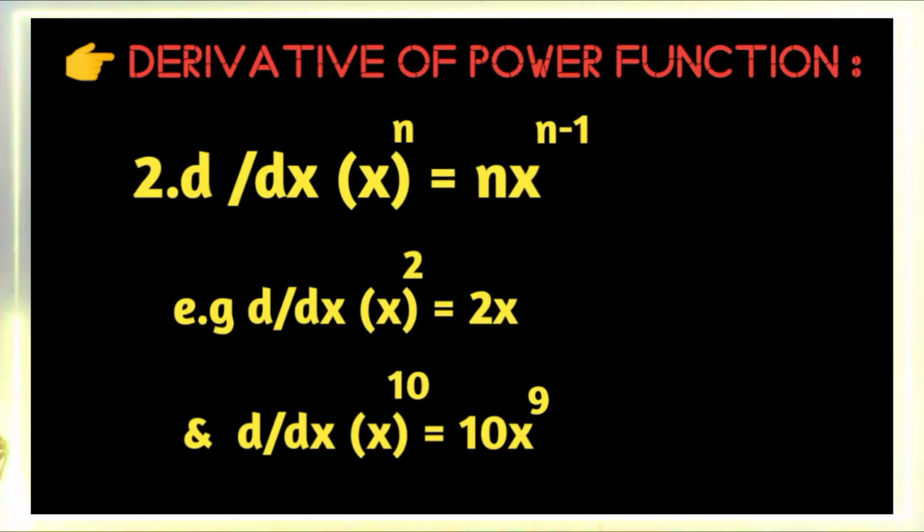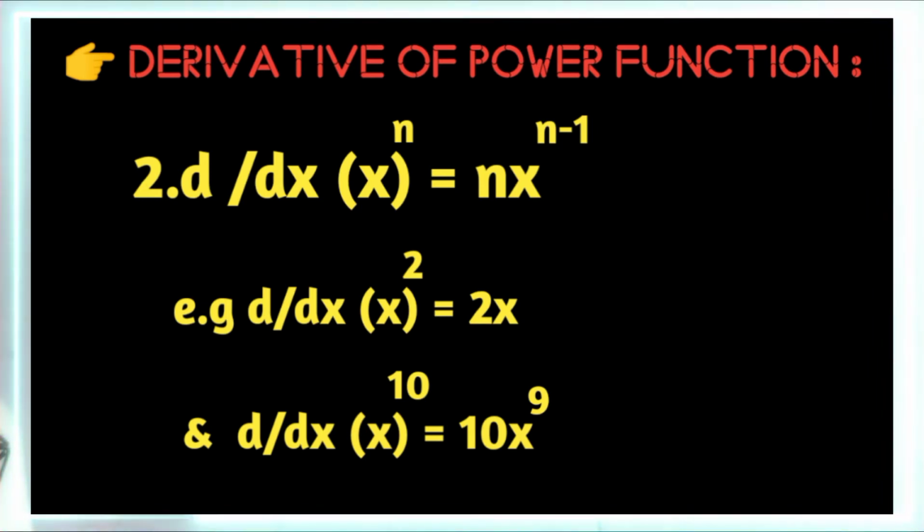Now second formula is x to the power n, that is power function. The derivative of power function is always n into x to the power n minus 1. Now here we have some example to understand the power function. So very first x square. Now in x square, here the value of n, small n, is 2. So we write 2 into x to the power 2 minus 1, that is 2 into x to the power 1. So simply we write 2x. So remember student, derivative of x square is always 2x.